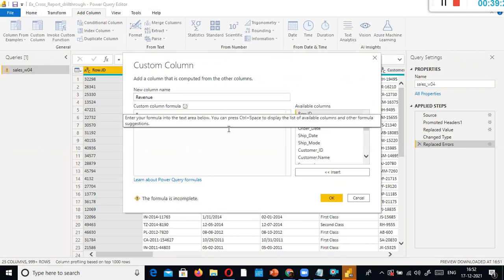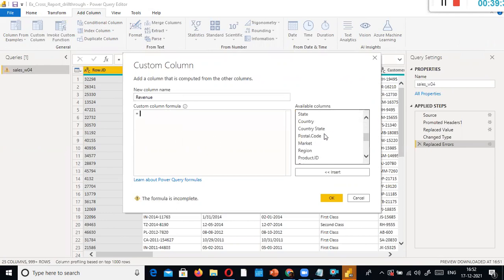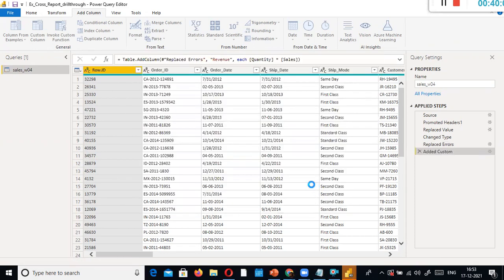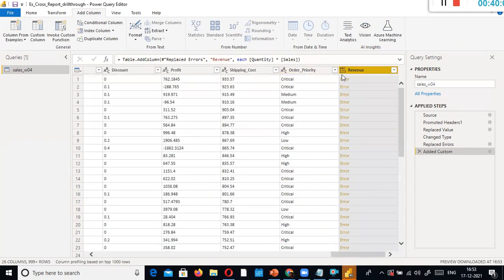Here I say something like quantity into, do we have price here? I don't know if we have price here. Or you just think of this as quantity into sales. This kind of price, you just assume that way for demo purpose. I just click OK. See, quantity into price, that is the one. Let's assume that's my revenue. Just think that way, because here we don't have the cost price.